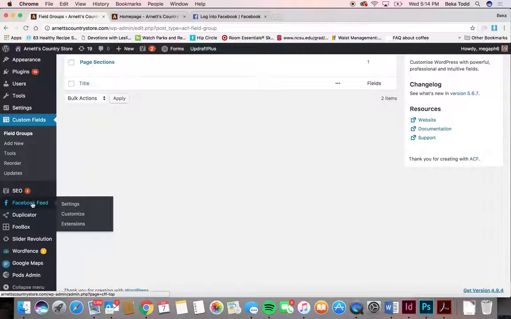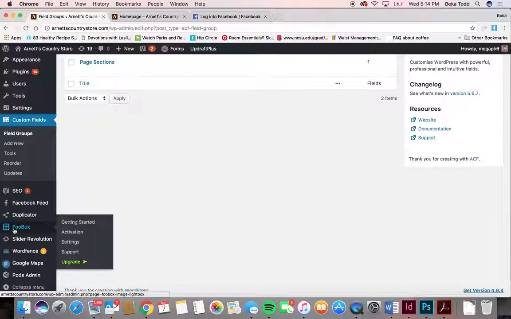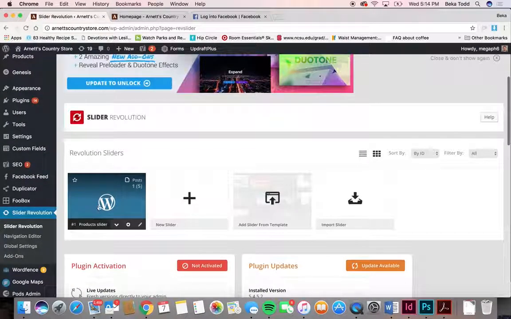Facebook feed is what sets up your testimonials to auto-populate. So again, that's set up. Don't have to worry about anything there. Duplicator was used to launch your site. We're not using Foobox. Slider Revolution, this is where your slider is located, and it is all set up